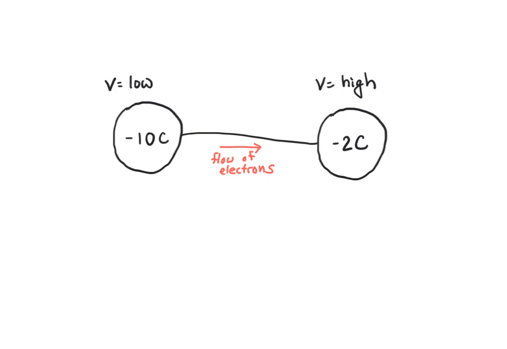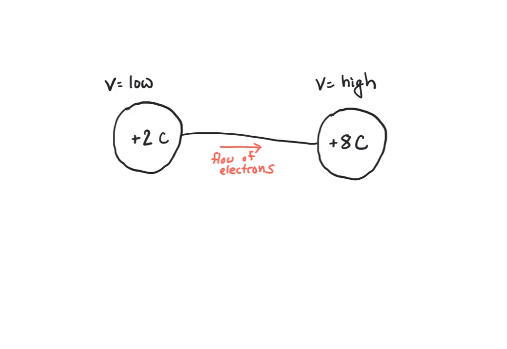Just to be thorough, there are different ways that I can have lower potential on the left than on the right. So, for example, here I have negative 10 coulombs and negative 2 coulombs. But I could also have, for example, positive 2 coulombs on the left and positive 8 coulombs on the right. In this case, the left is still lower potential than the right because the left has a smaller positive charge